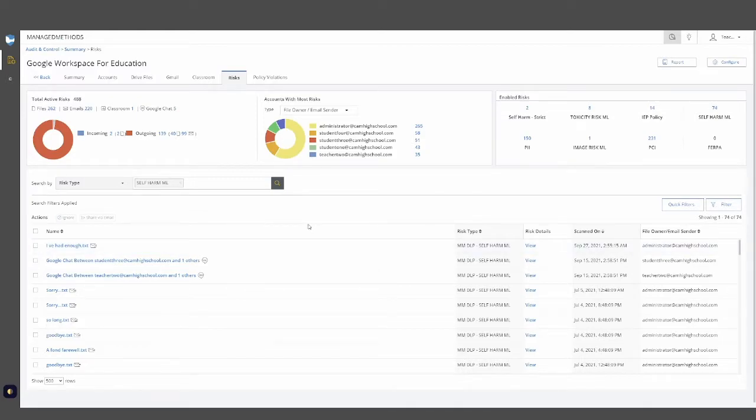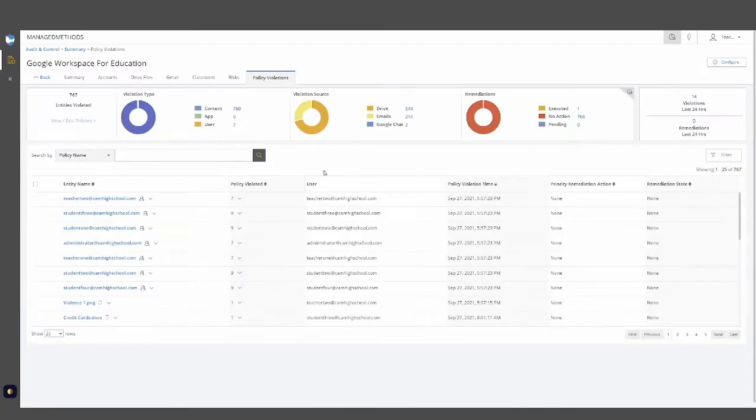With that, we can move on to a couple different other areas that you may need to examine on occasion. One of those areas will be the policy violations tab here. One additional area you may have access to beyond the risk tab is the policy violations tab. The policy violations tab is a running log of all the violations of any of the policies that have been